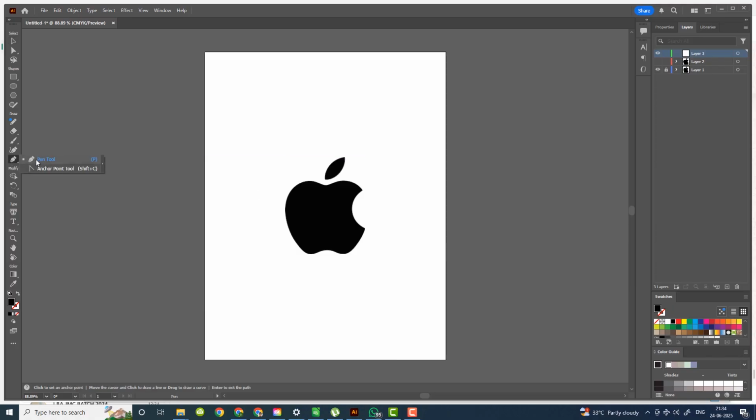So now we'll start by tracing the leaf. We are going to click at one point in the leaf, and then towards the next point. Before we click it, we have to click and drag. Okay, when we drag, you can see the bezier. It has two lines, but now